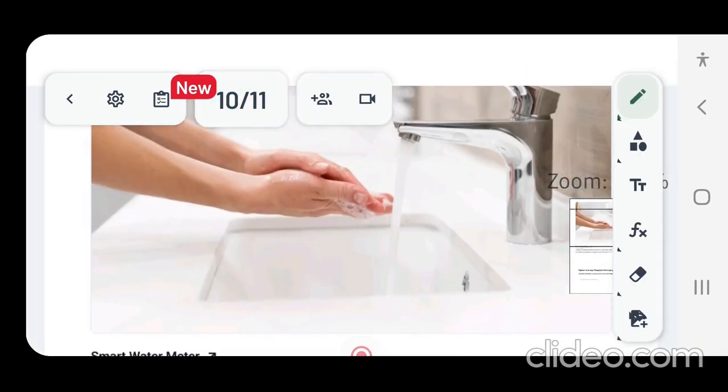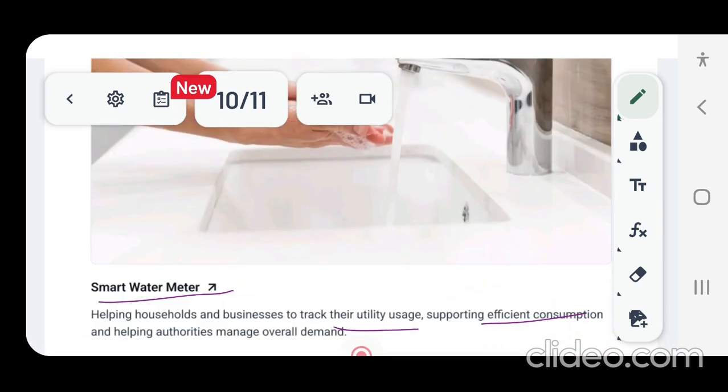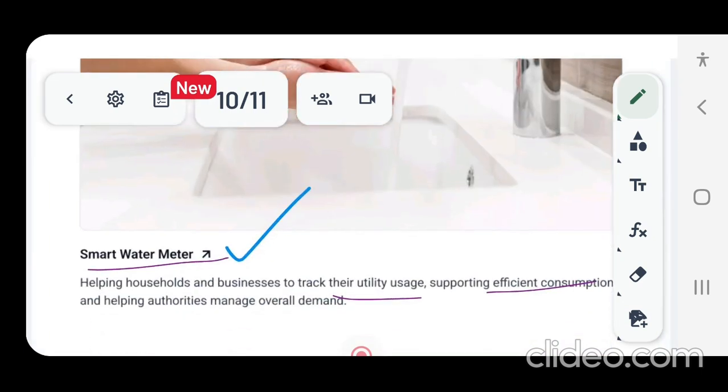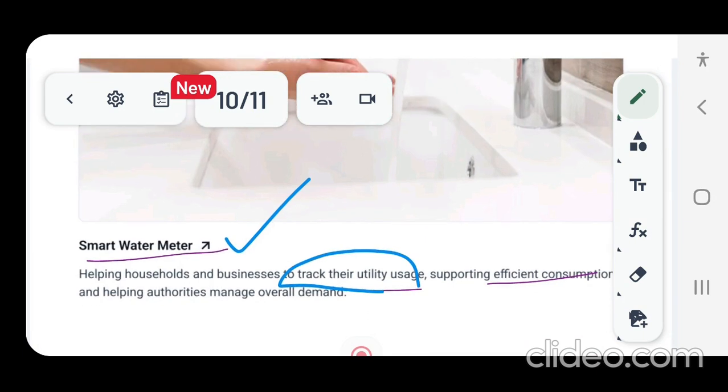Now, when it comes to resource optimization, they are also using smart water meters to track water usage, and this allows consumers to have efficient water consumption, which is very important as water is a rare resource which is to be conserved.